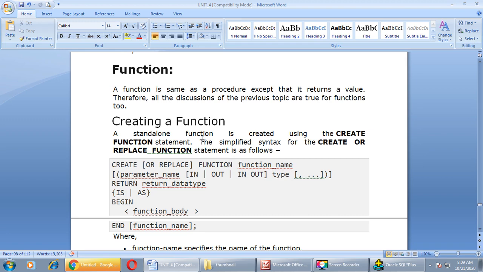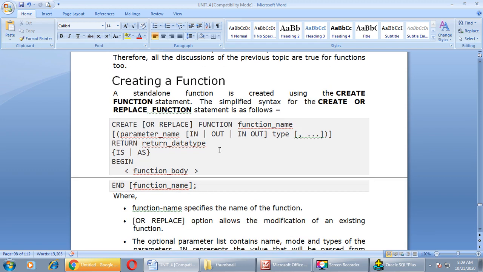A standalone function is created using the create function statement. Here you can see the simplified syntax for the create or replace function statement. It is shown on the screen. Create or replace function, function name, parameter name. There are two modes of these parameters: in, out, and the combined mode, that is in out.